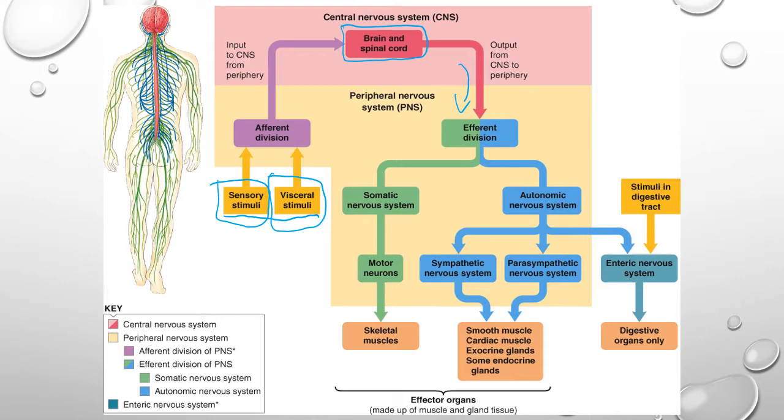change. If it's going out to things like skeletal muscle, we're going to head down the somatic motor divisions. If it's going to things like smooth muscle, cardiac muscle, and our glands, then we're going to head down through autonomic processes. And so we're going to head into either our sympathetics and parasympathetics, which we'll talk about a little bit later on. And then we affect basically everything in the body, everything from our skeletal muscle, smooth muscle, cardiac